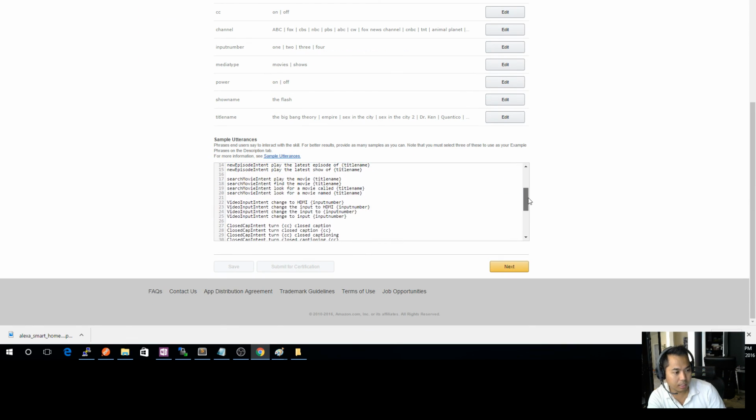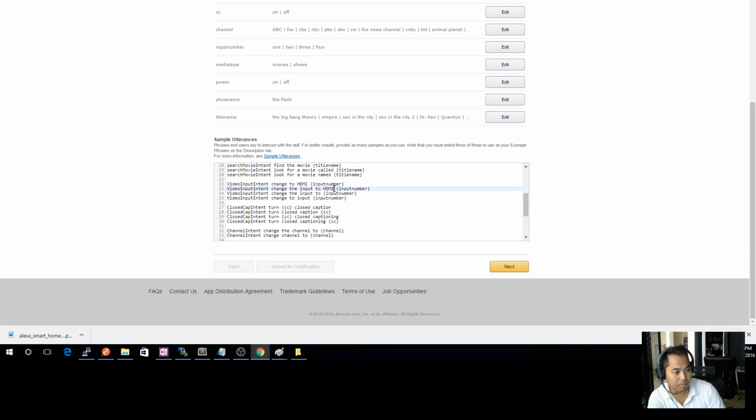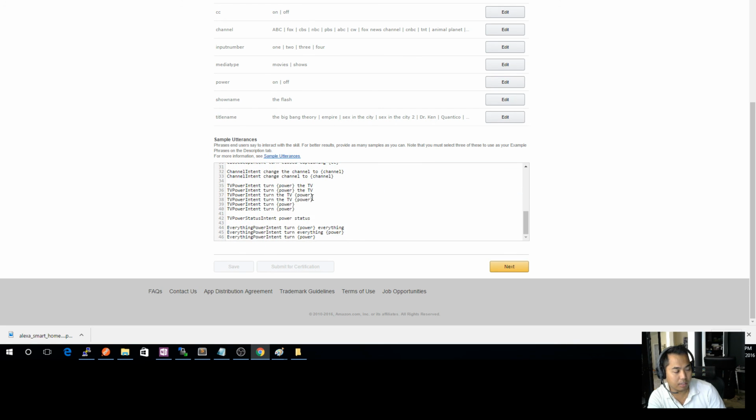This is what I'm saying when I say change the input to HDMI input number. It maps the input number here at 1, 2, 3, and 4. When I say turn closed captioning on and off, it's mapping to on and off in the closed captioning. When I say turn the power on or off, it's mapped to here. And when I say turn everything on or off, it's still mapped to the power. So as you can see, it's just mapping